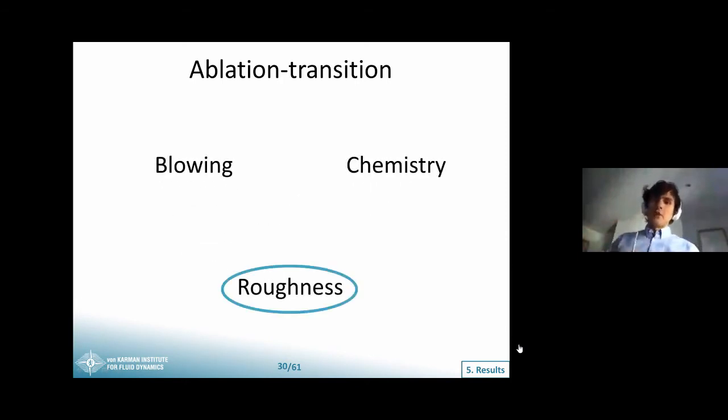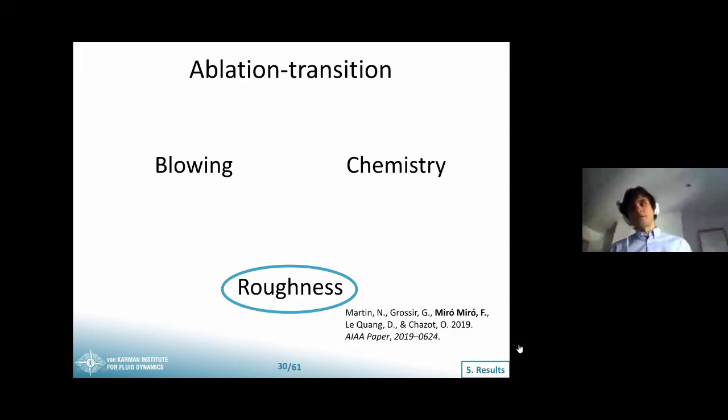First of all, regarding roughness, it's a very active field of research in and of itself, just looking at how roughness affects transition. And on top of that, we're still not very sure how ablation, so what sort of roughness patterns you can expect from ablation. Actually, there was an experimental investigation working on that at the Institute, and we provided some theoretical support. But it was still at a very early stage. So yeah, it was still a very preliminary study.